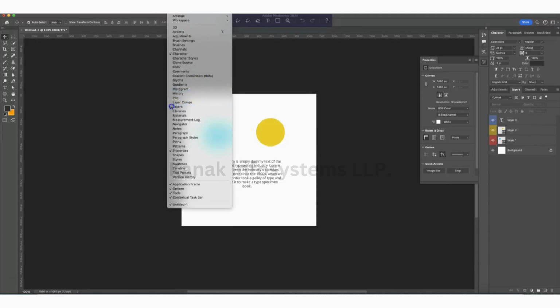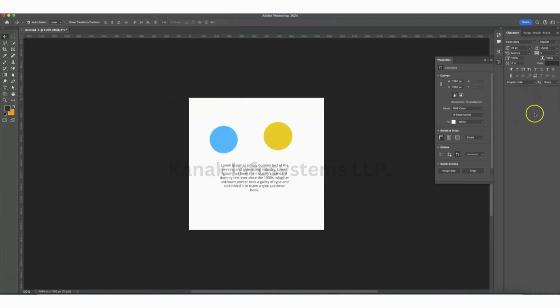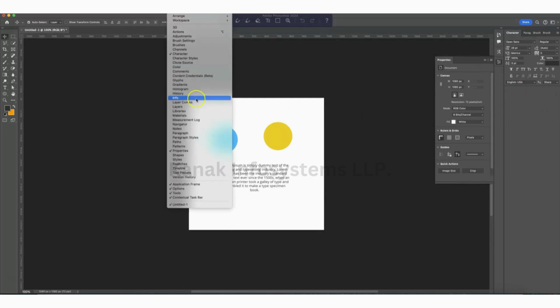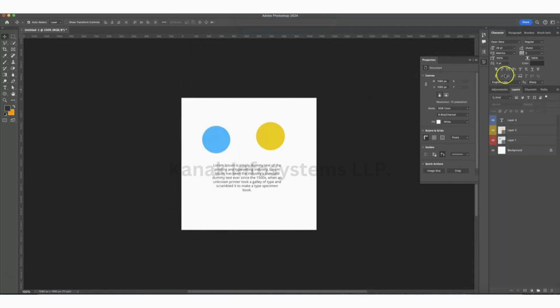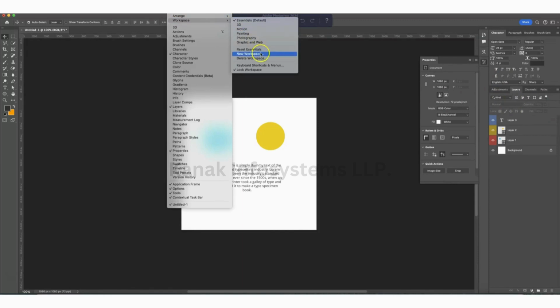Okay, layers. Now let's check again layers. So here we have the layers tab. From here let's go to